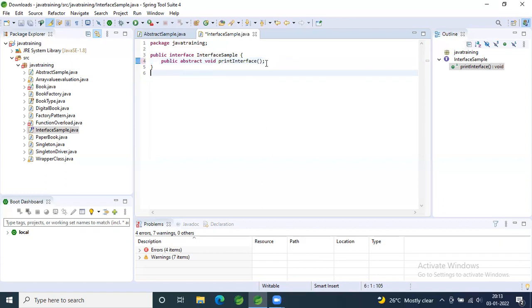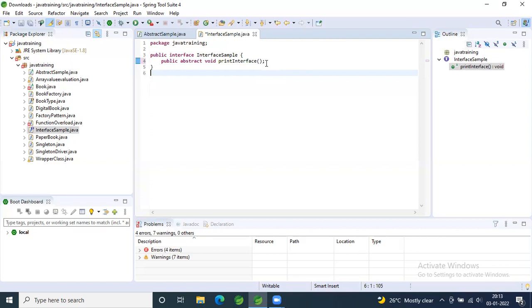So by default, all the methods in your interface are abstract. You can either give the keyword or not give the keyword; it behaves the same way. So that is what an interface does. An interface is a completely abstraction concept, whereas in your abstract class, whenever you're using the abstract keyword, it's a partially abstract concept.